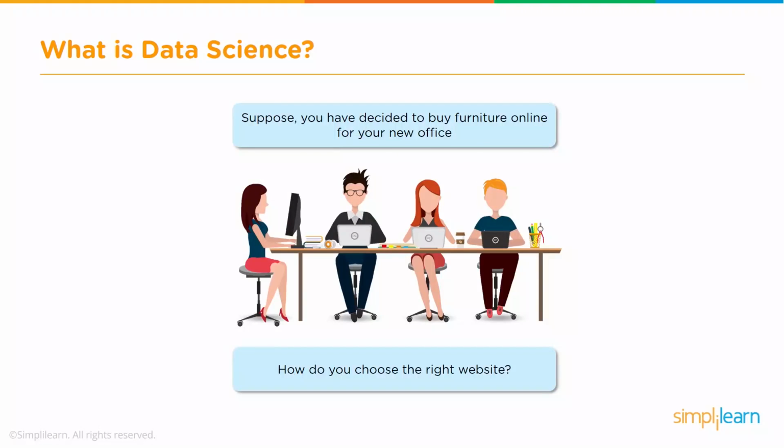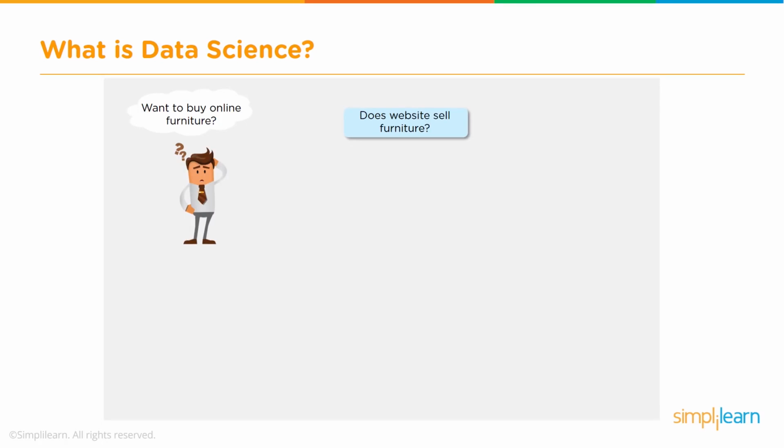So what is data science? Now, let's take a real life example. On a day-to-day basis, we try to make some decisions. Let's say we want to buy some furniture online for our new office. So how do you go about doing this? You need to take a bunch of decisions to actually do the purchase. So we start with which website or portal you should use. Obviously, you don't go to an online grocery store because you need furniture, and there are several websites. So that is the first decision you need to take: which website should I use.